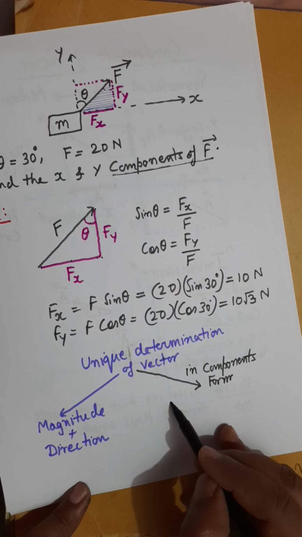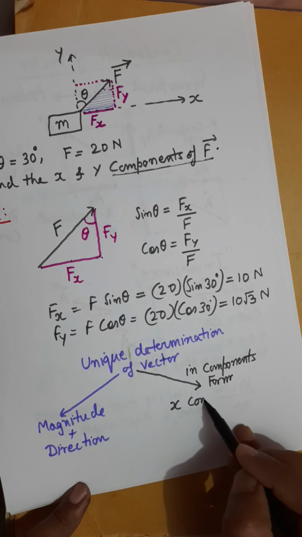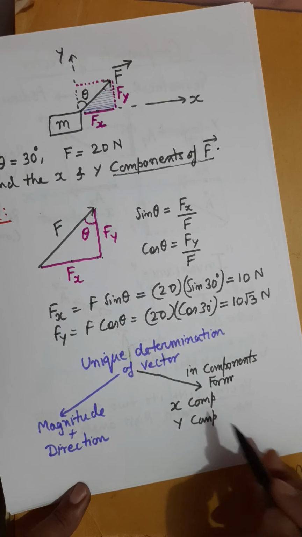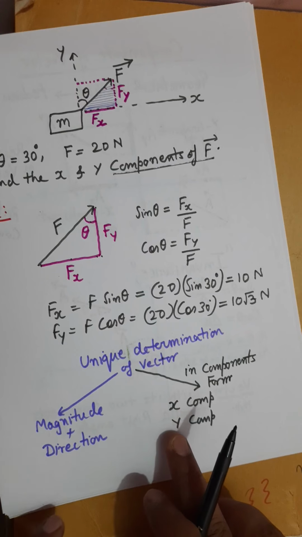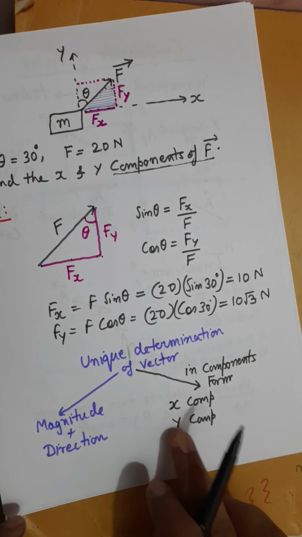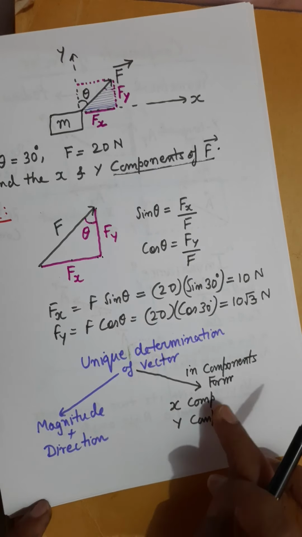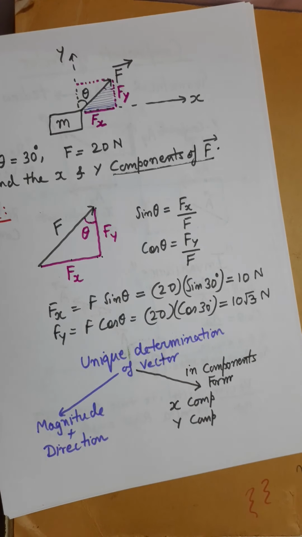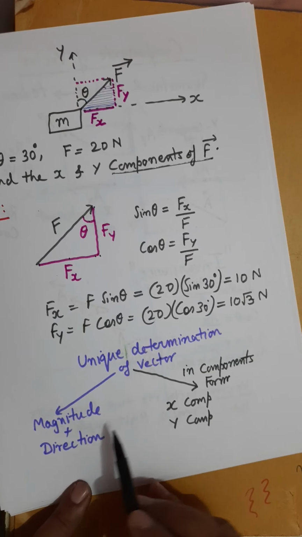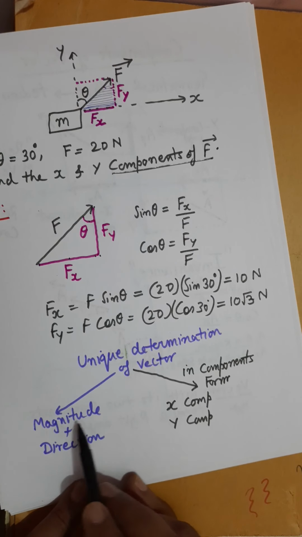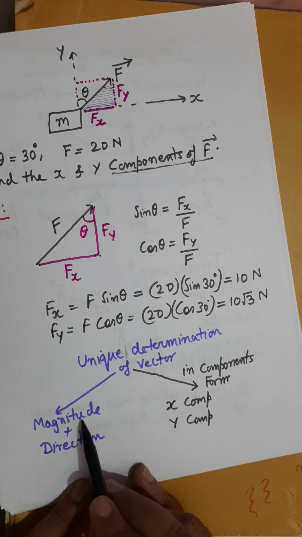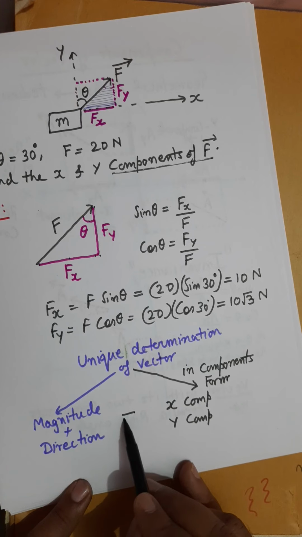And for that reason, you need to tell me what is the x component, and you need to tell me what is the y component. If you tell me the x component and the y component, then this is complete determination. By knowing the components, you can determine your vector. So this is just the alternative approach. Finding components is nothing but the alternative approach of this value. So these two are equivalent.